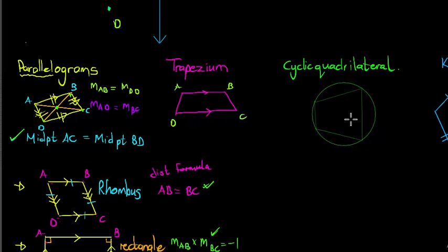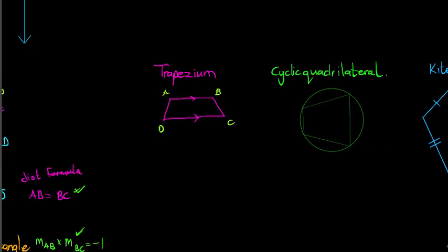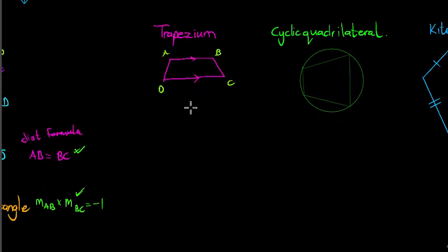Now for trapeziums, and let me make some space. We've already seen that to show that something is a trapezium just means that we've got opposite sides that are parallel. So I'll simply show that the gradient of AB is equal to the gradient of DC. But then I get a special trapezium called an